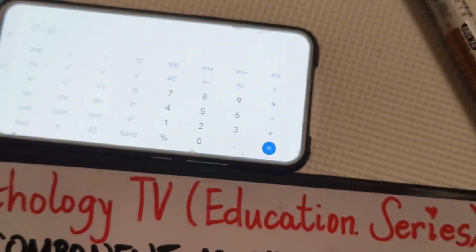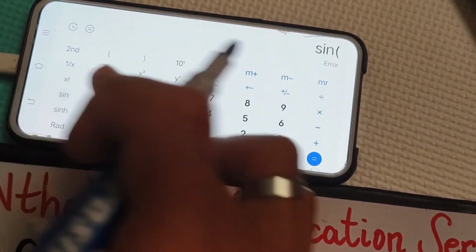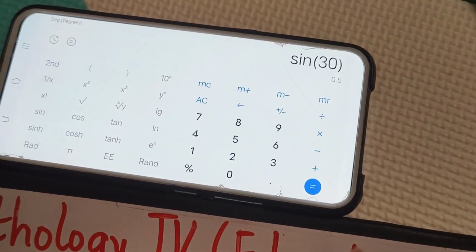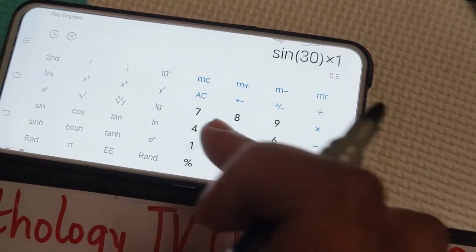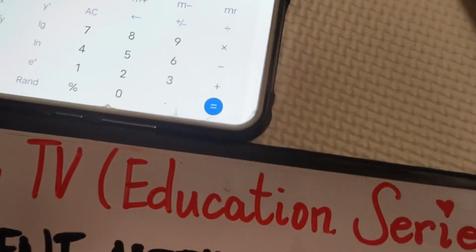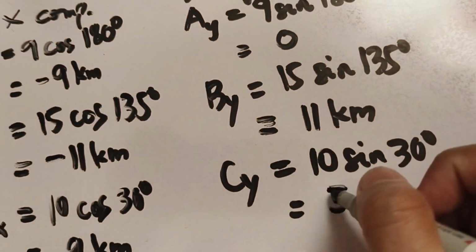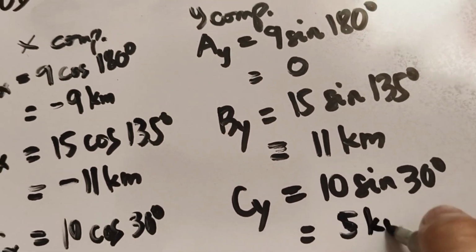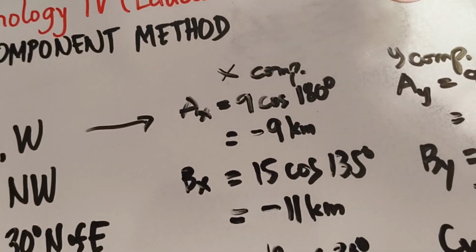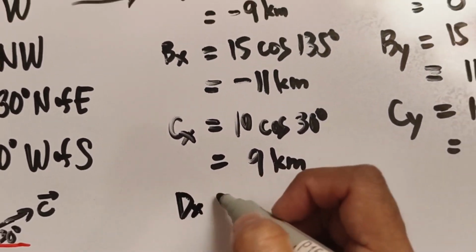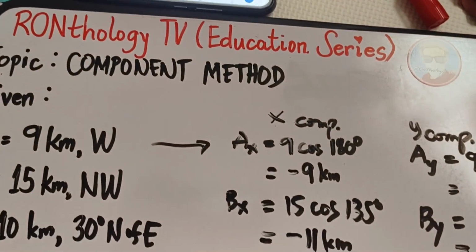Next, we have sine of 30 times 10. So the answer is 5. Exactly 5 kilometers. And last but not the least, yung ating pang-apat na vector dx is equal to